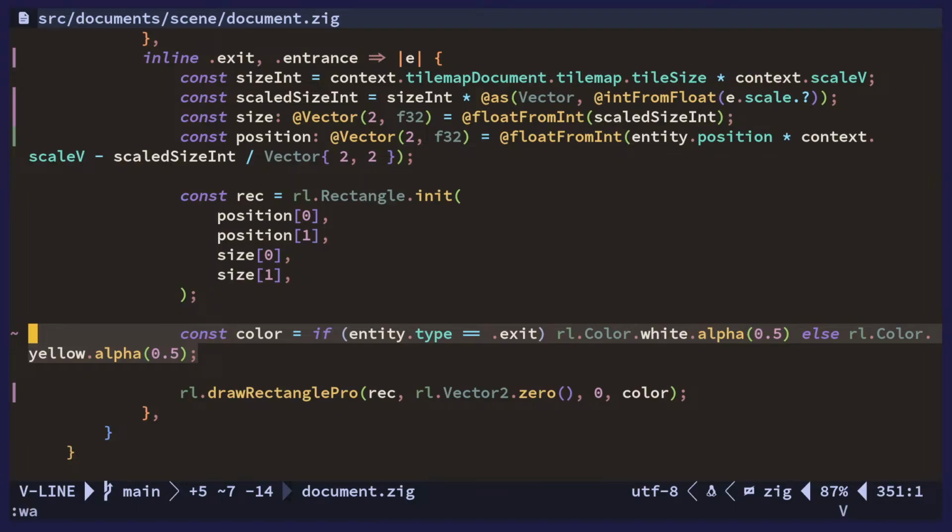Type of E should be possible to grab here. Yeah. Well, so that's kind of an optimization that you can do here, is make this if into a comptime, so you don't have to do this runtime check, and that would actually end up in an optimization so that the color is defined at comptime and not at runtime. But anyway,